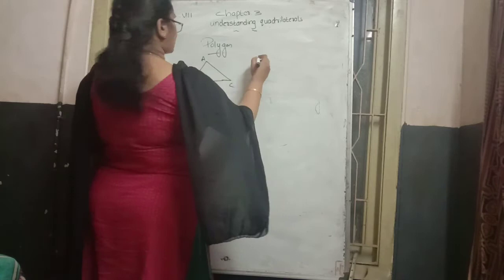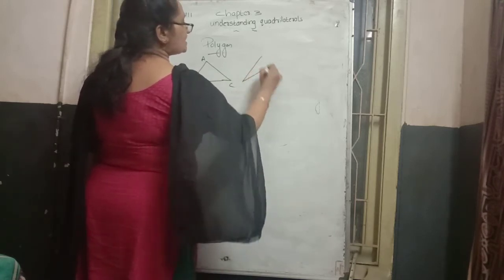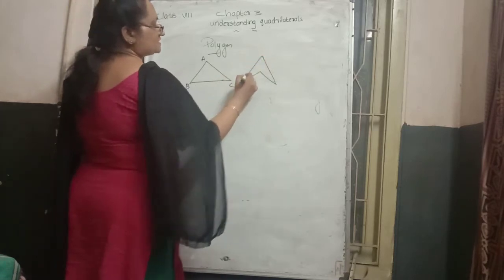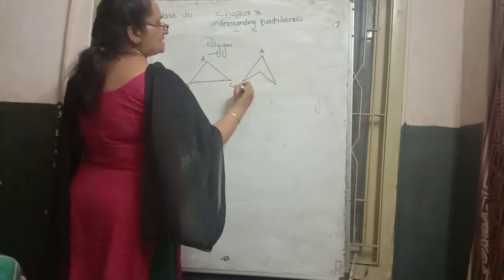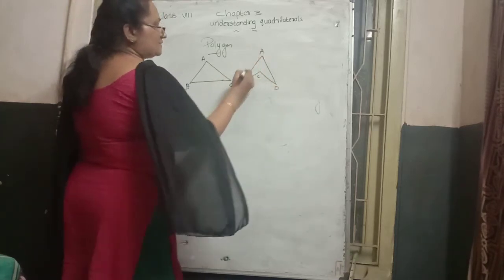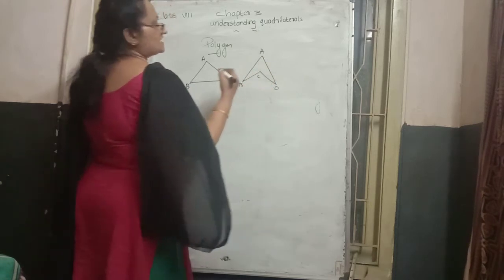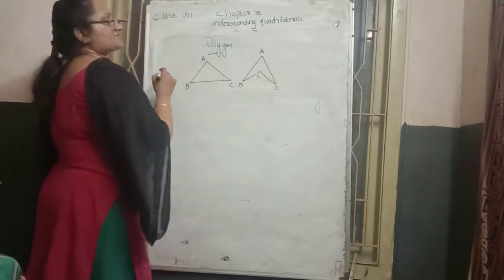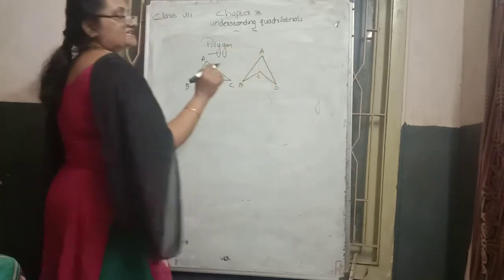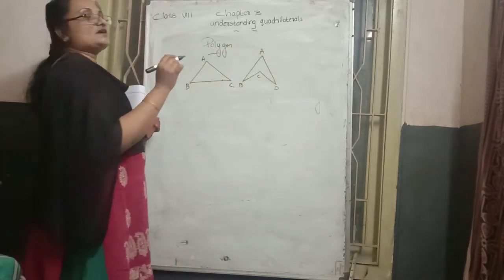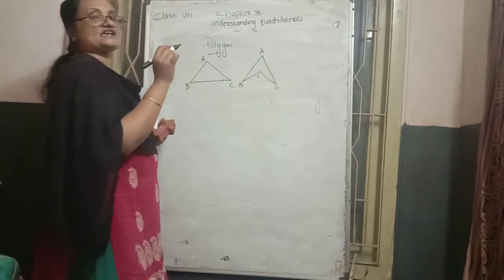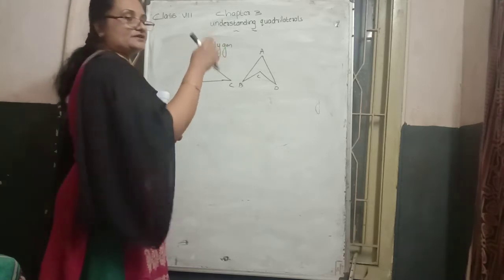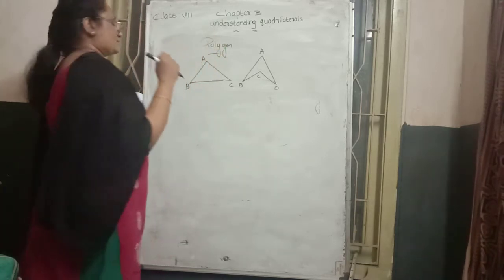The next polygon shape is this shape. See, all are joined with line segments. Here, marking as A, B, C, D, AB is a line segment, BC is another line segment, CD is another line segment, AD is another line segment. All are joined with line segments. So polygon means points are joined by line segments. We get a polygon shape, not a curve, but joined with line segments only.